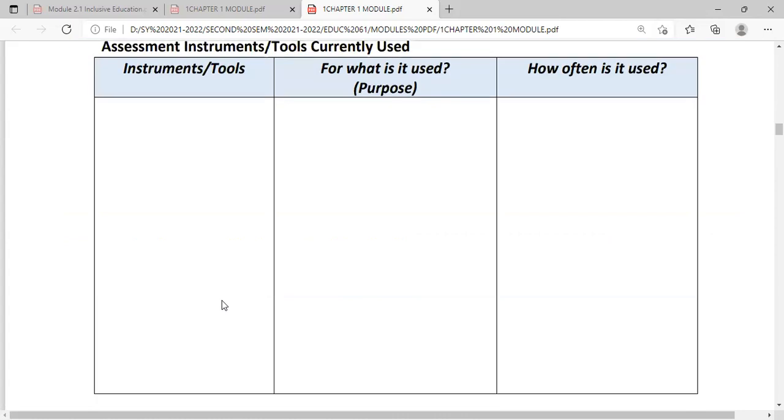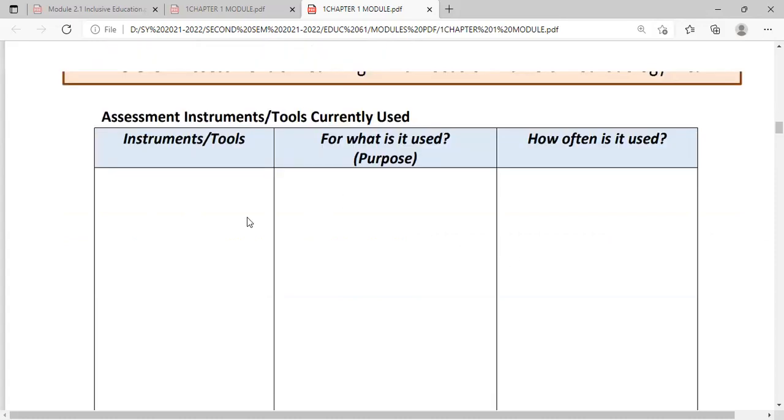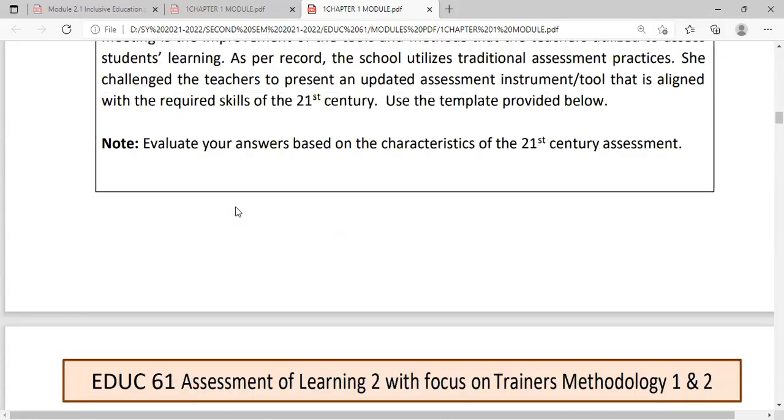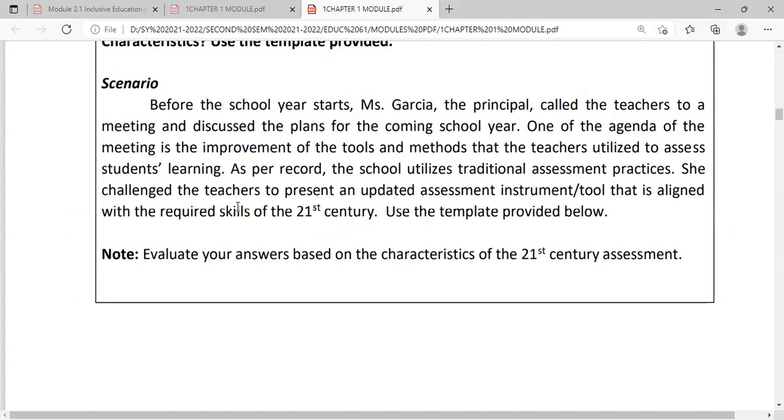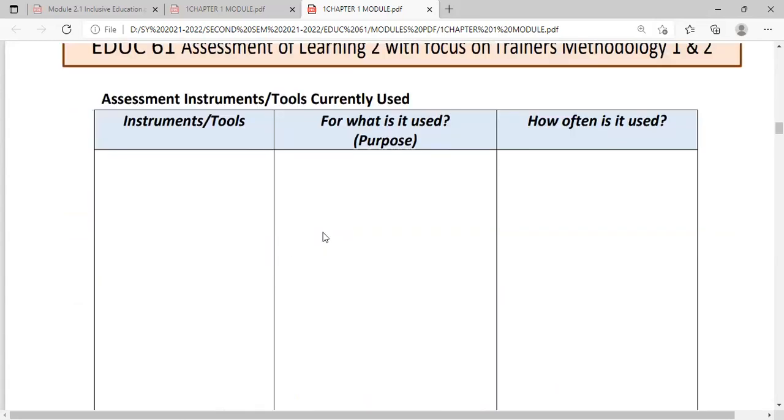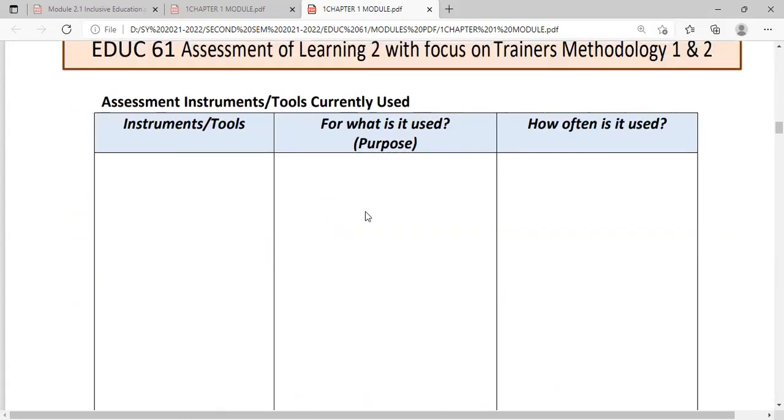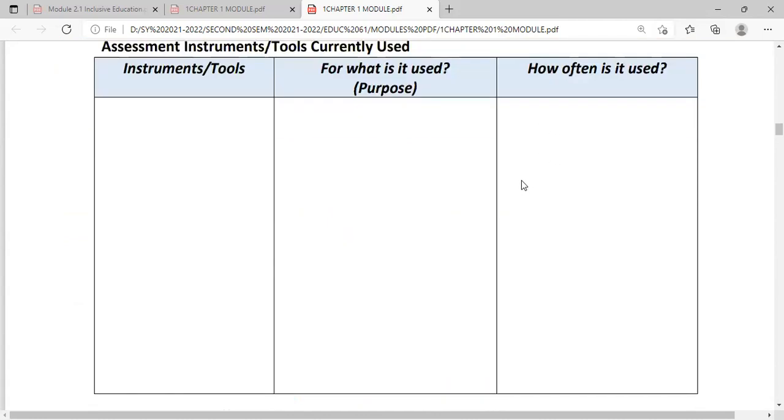So para sa inyo, you can search your answer here. The instrument tools that are going to be used in the 21st century, ang ginagamit or gina-require sa 21st century. Then you will write here ug unsay purpose ato niya nga instrument or tool, and kapila na siya gamiton, how often, every now and then or minsan lang, so that I know if